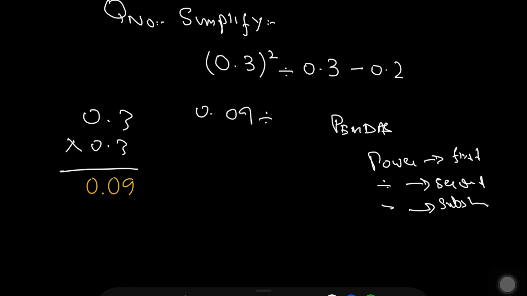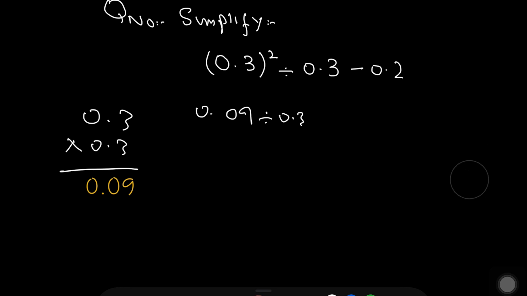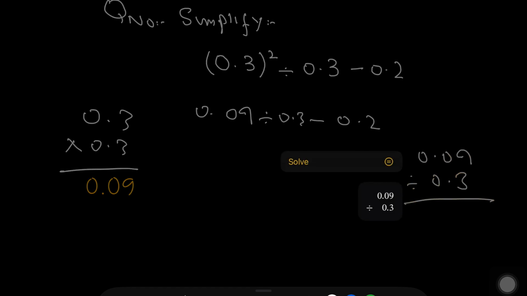divide 0.3 and minus 0.2. So now we solve the division. 0.09 divide 0.3. We will get the answer